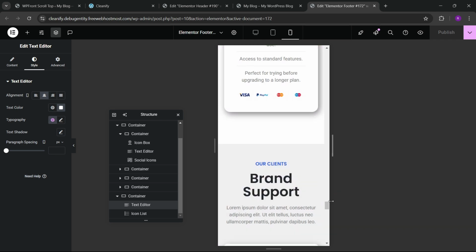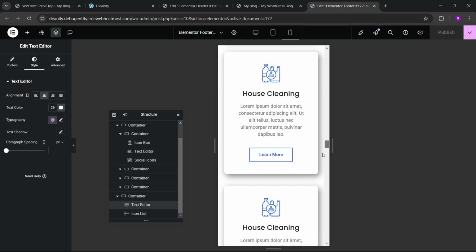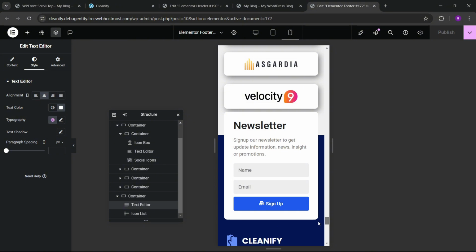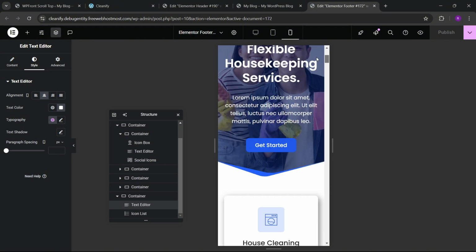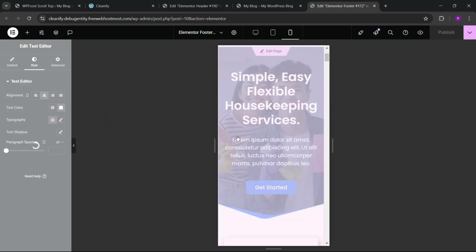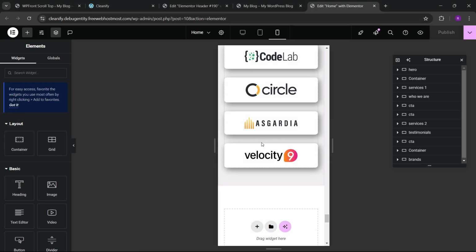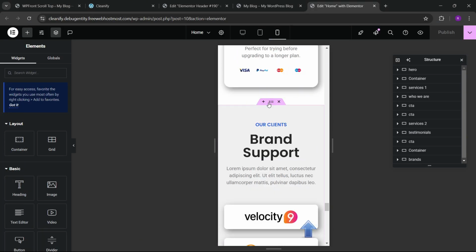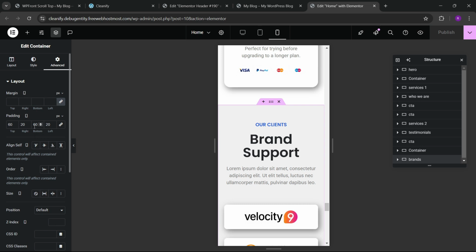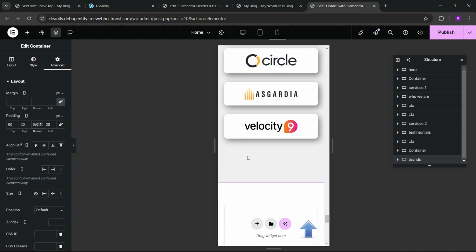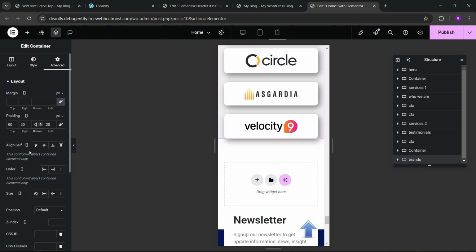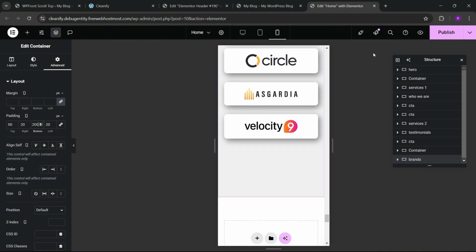Okay, so you can see that we have to add some more things. You can see that there is a little bit of a gap like this. So what we can do, we can just go to the edit page. Okay, so let's go here, and here we have to add some padding. So let me go here, and here we can add 150. Here we can add 150 padding, or we can add 200. Let me publish this,